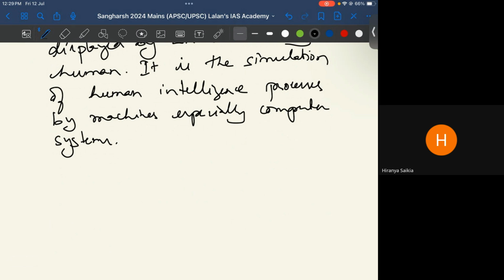So when AI is used to create programs which have cognitive skills, an ability to think or ability to solve problems, basically it is talking about three cognitive skills. The three cognitive skills that are sought to be developed in machines are basically